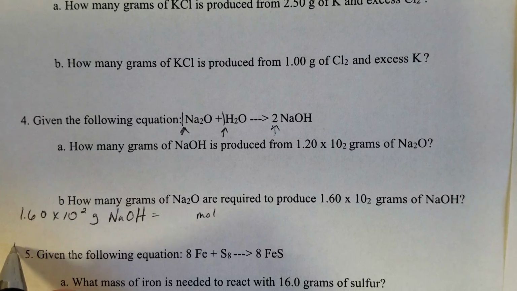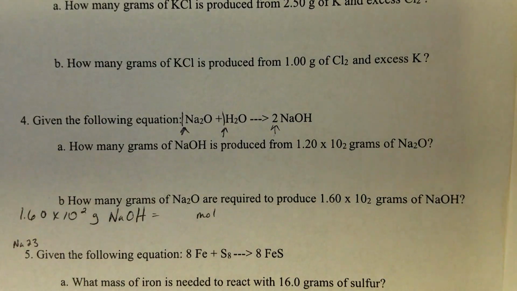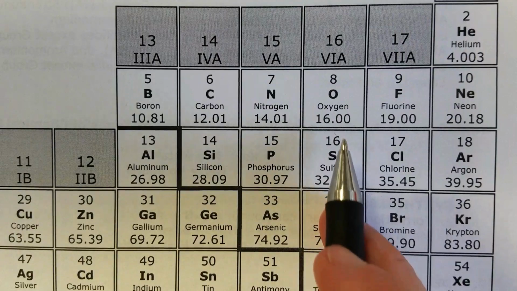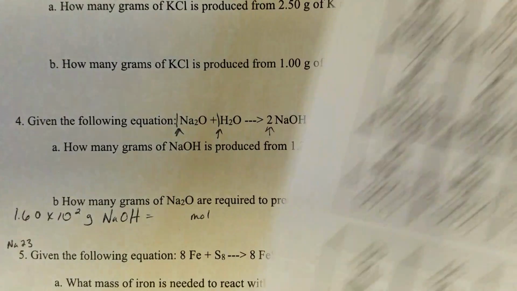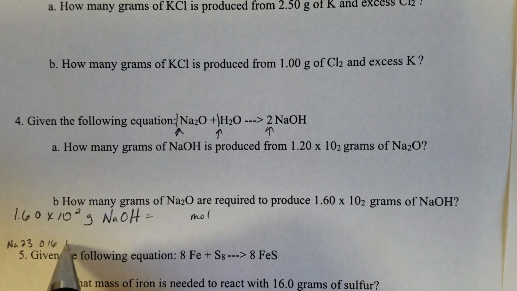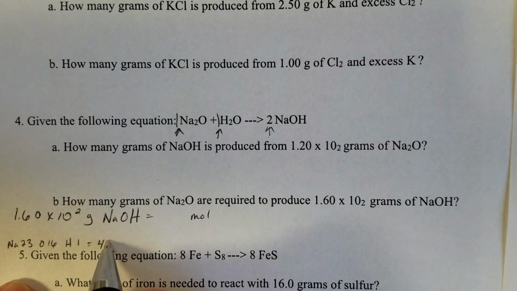Our oxygen is 16. Our hydrogen is just 1, which means the total molecular weight of the sodium hydroxide is going to be 40